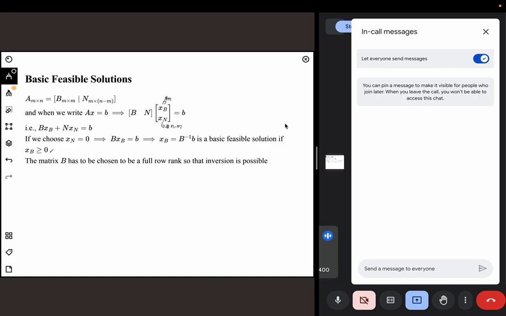Now, how many combinations do I have here? I have n variables, out of which I can choose m variables. This gives you the kind of permutations and combinations that you may have done in your plus one or plus two, or maybe even in high school. The entire problem has boiled down to this: how many combinations of x can I make 0? So, out of n,